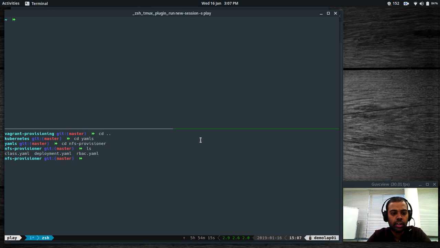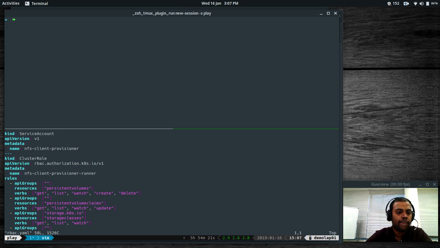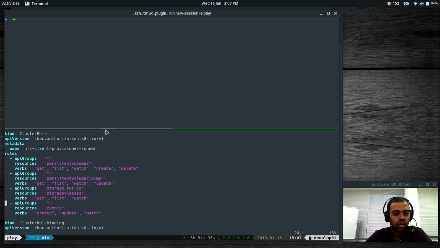Okay, let's take a look at each of these YAML files. vi rbac.yaml. You can see I'm creating a service account called nfs-client-provisioner. I'm creating a cluster role called nfs-client-provisioner-runner. And the rules are, I've restricted the rules so it can only do these actions on these resources. For example, on persistent volumes, it can get, list, watch, it can create or